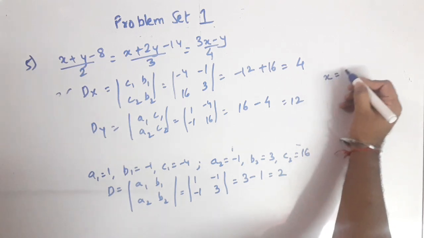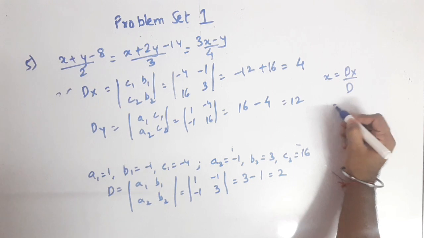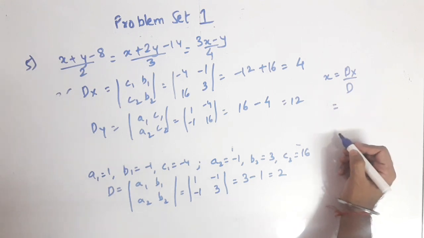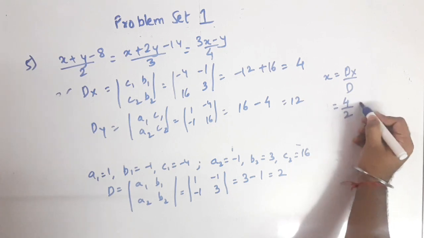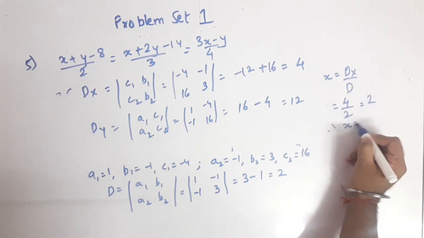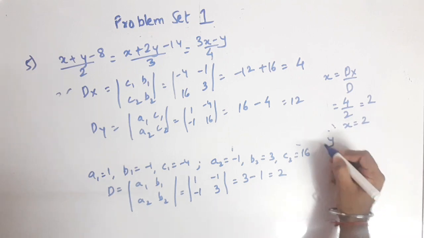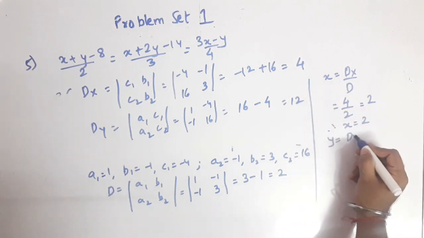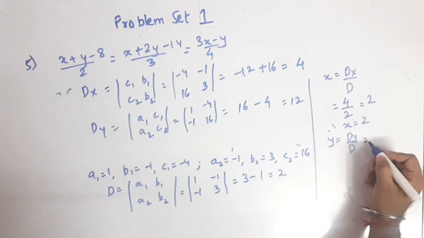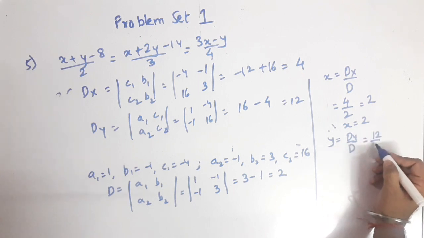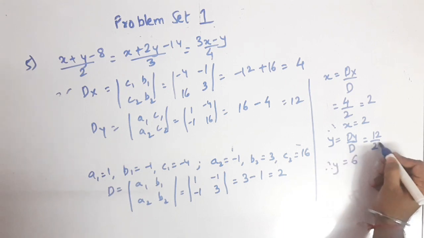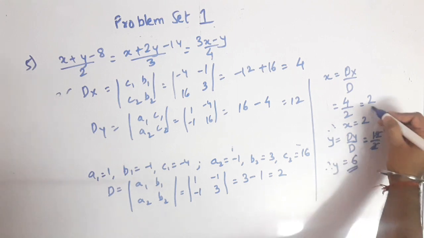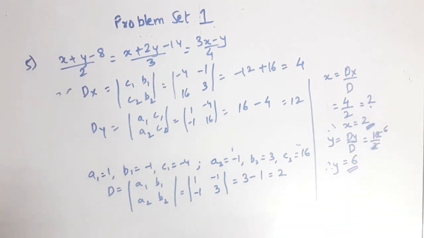Now we'll move on to what is x. X is dx by d. So dx is 4, d is 2, so x is 2. Therefore x is equal to 2. What about y? Y is dy by d. Dy is 12, d is 2, so 2 6s are 12. So y you got 6. Okay. So this is your answer. X is 2 and y is equal to 6. Okay. Now